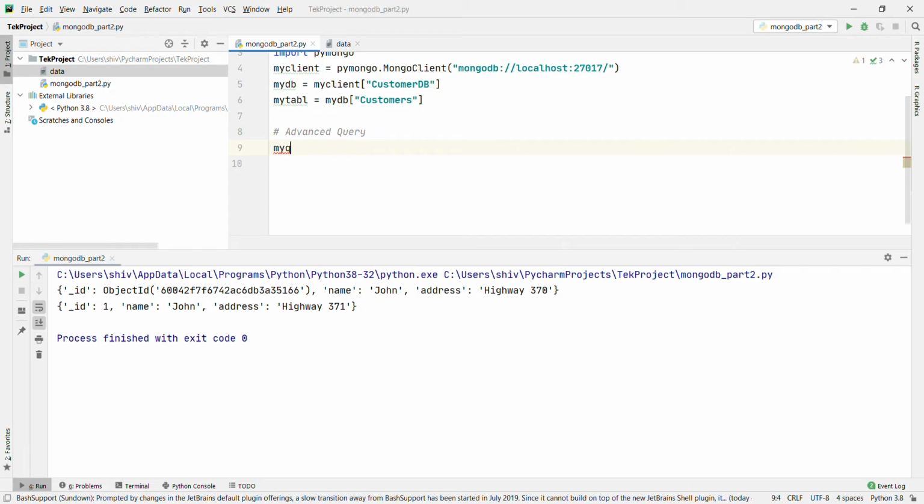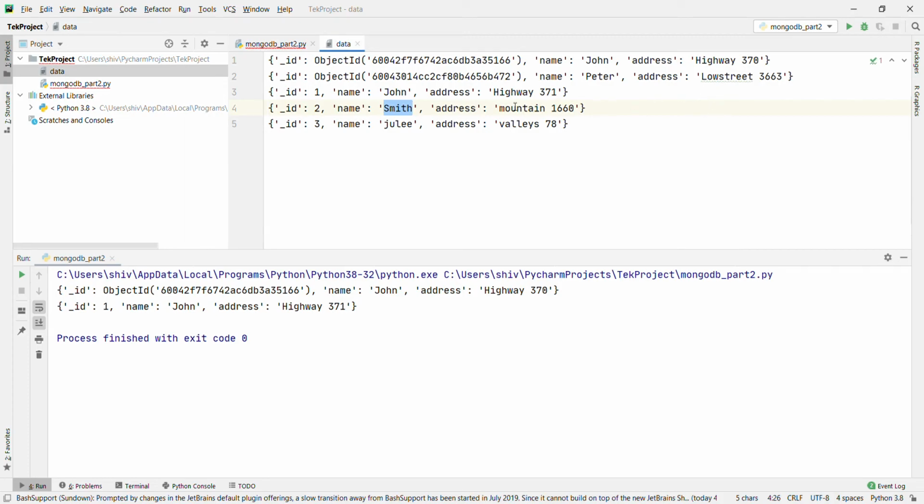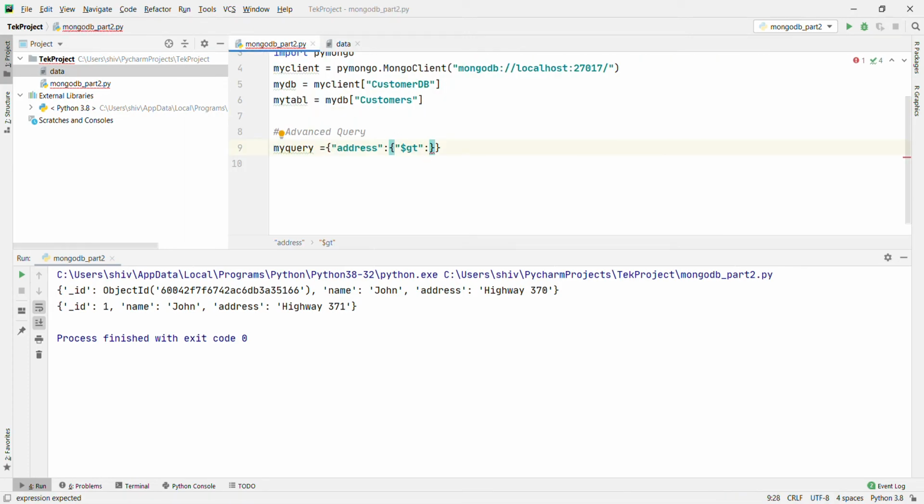In my query, address colon, passing the expression like this, the GT means greater than particular words. Let's start with a small or capital A, in double quotes.